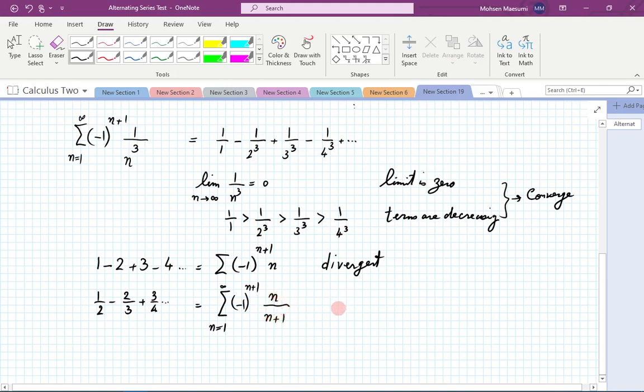The limit of n over n plus 1 as n goes to infinity, what is that? Obviously it's not 0, the limit is 1, so that one already tells us that this alternating series is going to diverge. How about an example other than these? Let's go ahead and take a look at some other cases. For example, let's look at the following, say